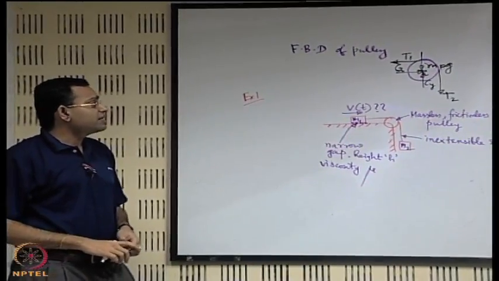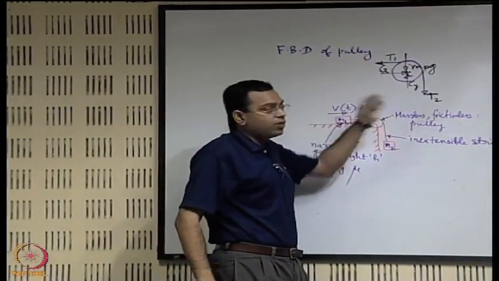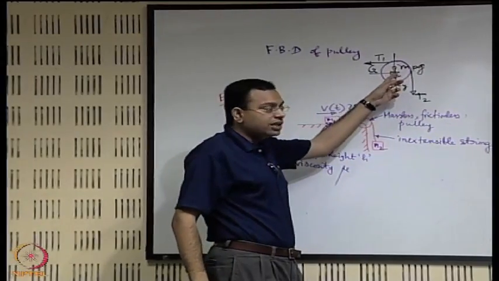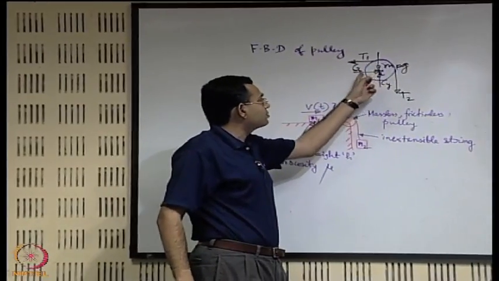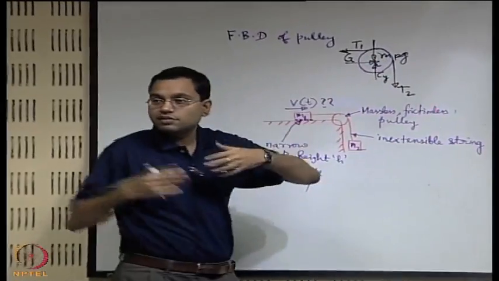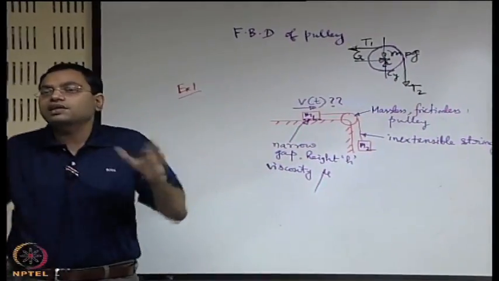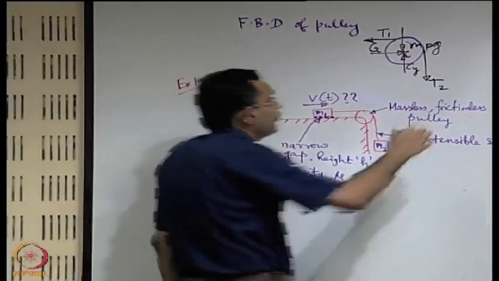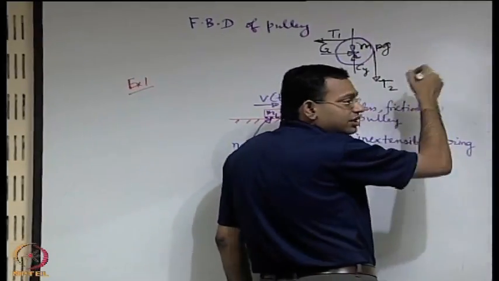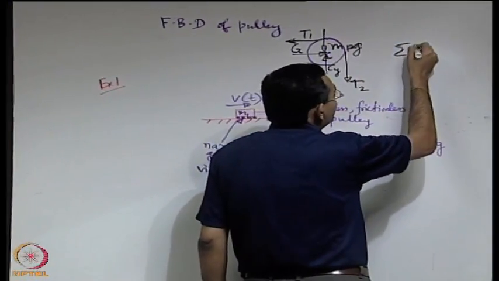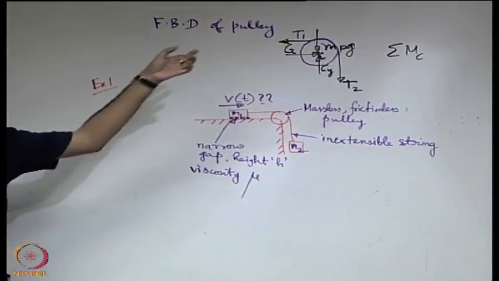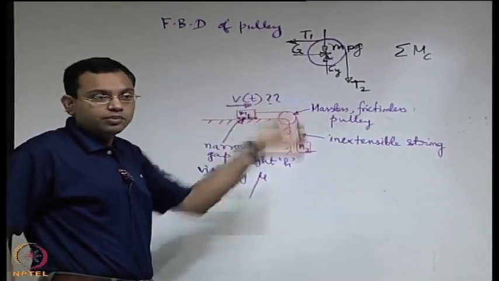Now, what we want is an expression between T1 and T2. If we take moment of all forces with respect to C, the three, Cx, Cy and Mg, get cancelled, and that helps us in obtaining a relationship between T1 and T2. So, what is the basic equation that we are looking for? The resultant moment of all forces with respect to an axis passing through C perpendicular to the plane of the board